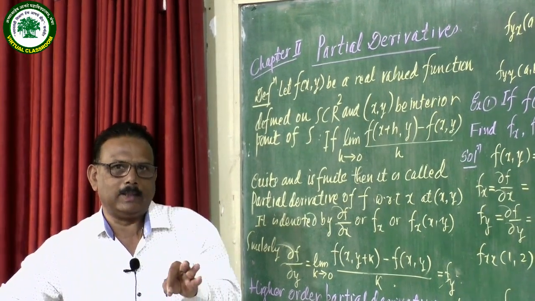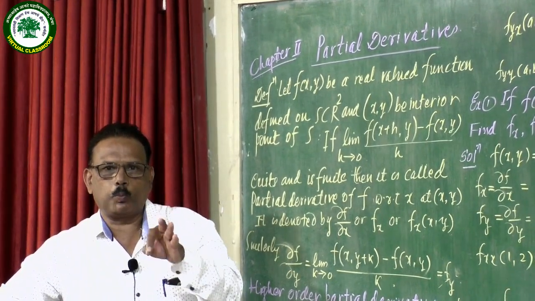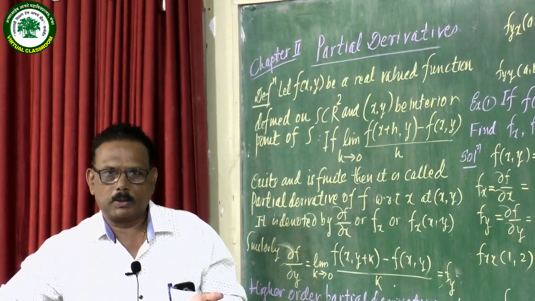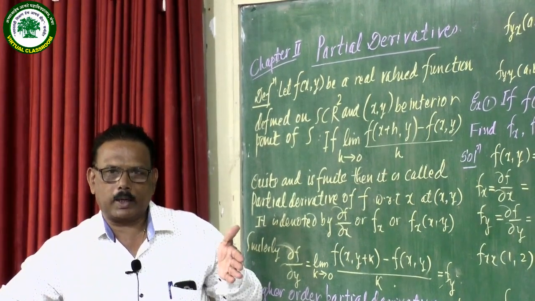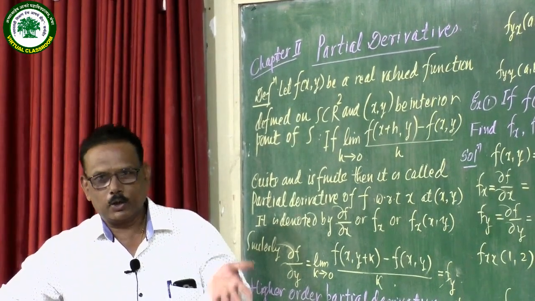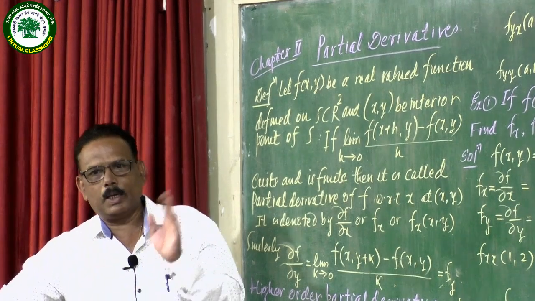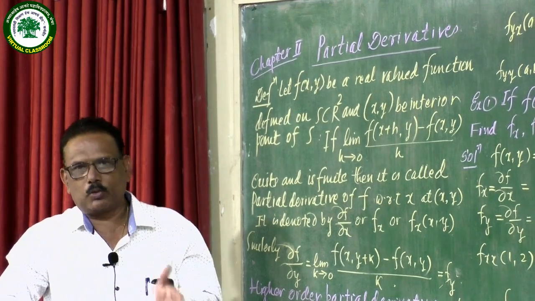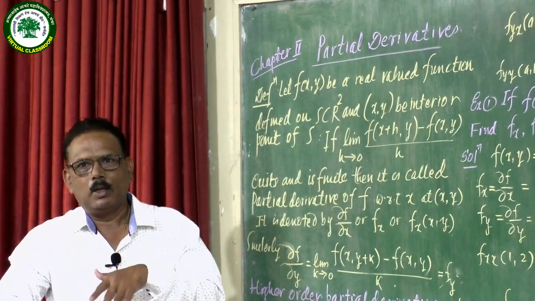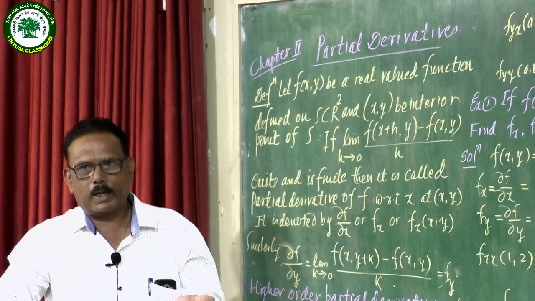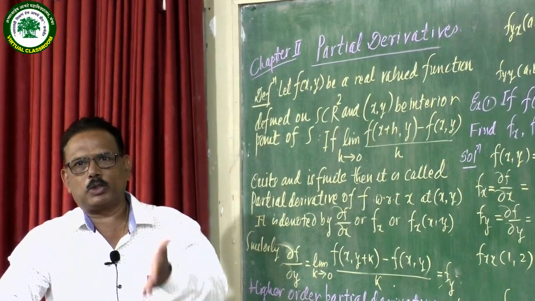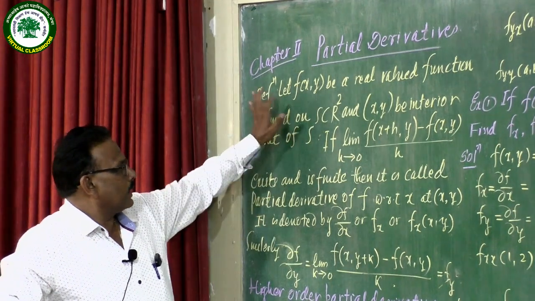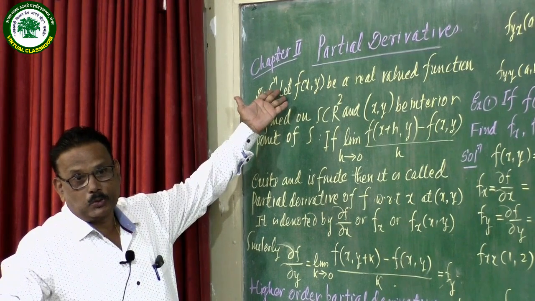To do partiality, practically you have to do it in the case of two variables. For one variable you take the derivative with respect to that variable and ignore the other variable. Similarly, you can take the derivative any number of times: with respect to x, with respect to y, f_x with respect to y again, or with respect to x three times, a triple derivative. Okay. In this way, first we consider the definition of the partial derivative.